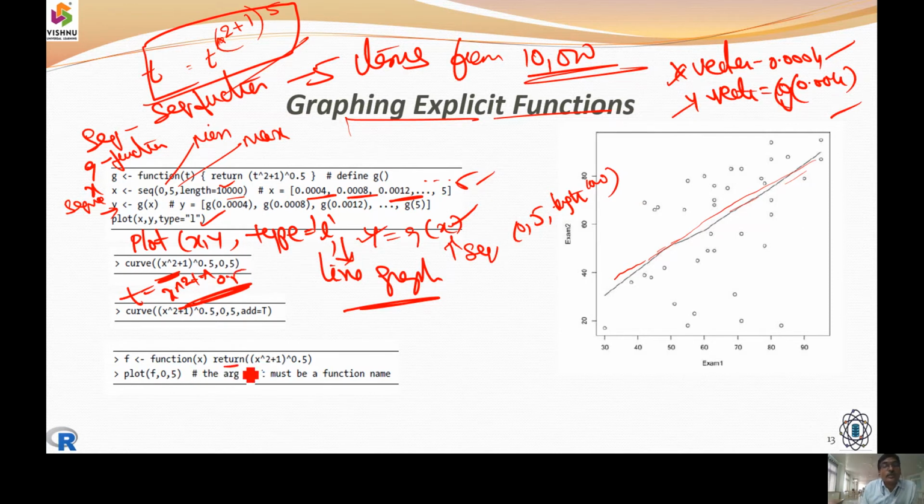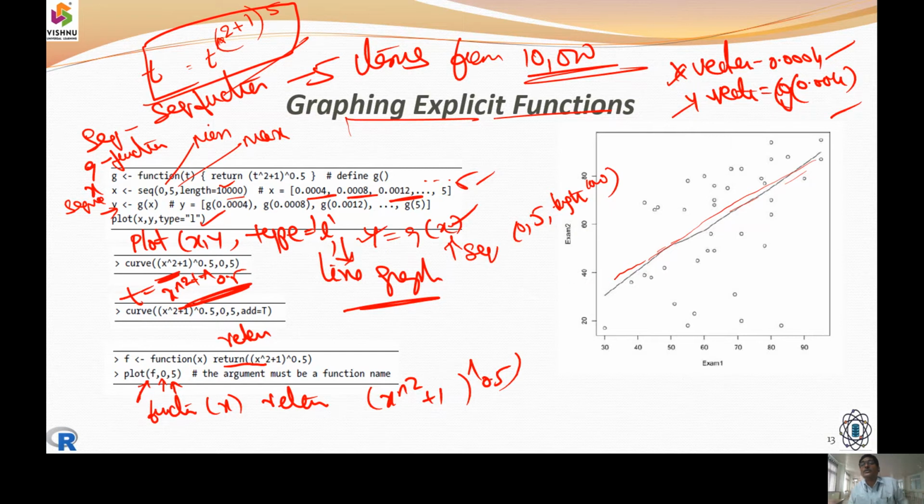So this is a function, you can assume it is going to return the value x power 2 plus 1 power 0.5. So what will be the function parameters? One is the function value, that is function of x, and it is going to be x power 2 plus 1 and power of 0.5. So that's how we are going to take it up, and this is plotted with minimum 0 and maximum 5 values. So this is what we are going to put into the graph.